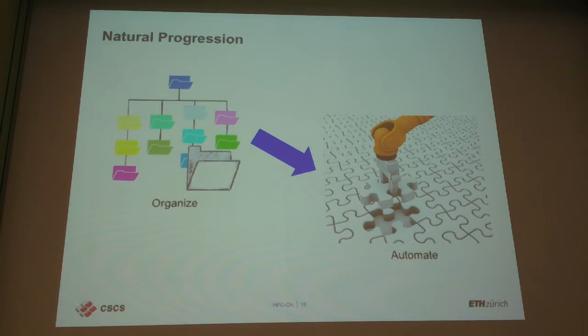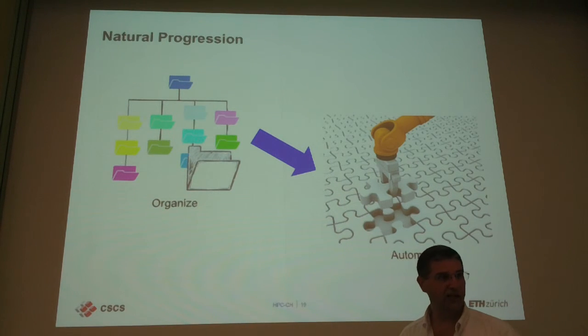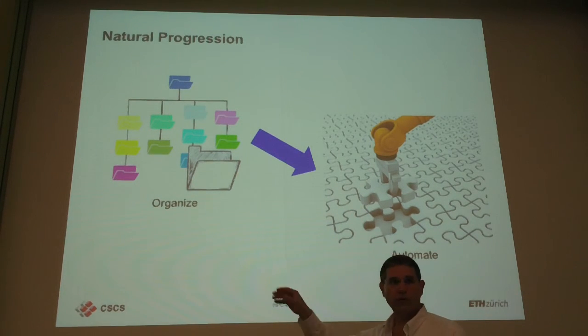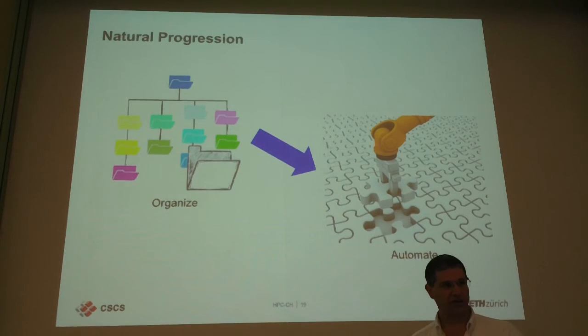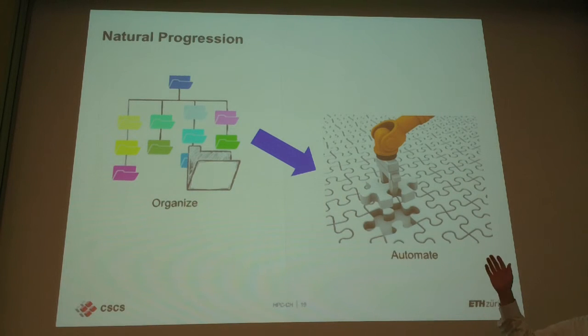Okay, so now you're organized. Let's assume you've collected everything together, you've repackaged everything, everything is nice and clean, it's very consistent, you have a good location to install it, everything is well defined, you're well organized. Well, you bring in a new machine, do you really want to go one command at a time saying make, install, make, install? No. You want to automate things through whichever tool you choose, and later on you're going to